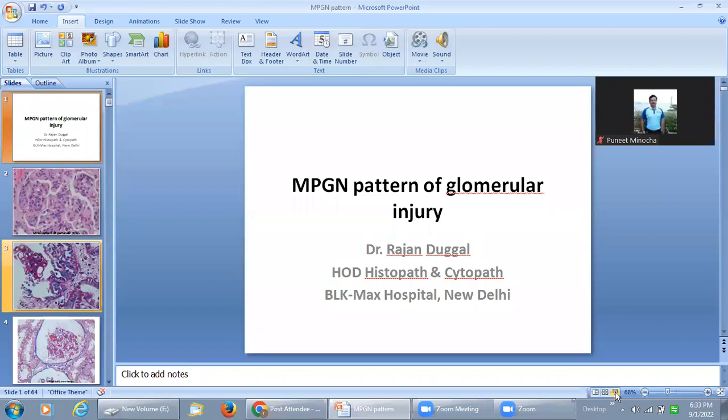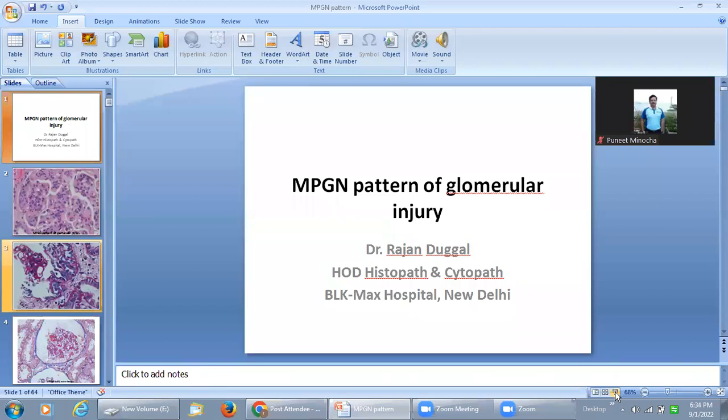So now Amphigen as such, we hardly label as the diagnostic line. We always say in some glomerular diseases, we label it as an Amphigen pattern. So membranoproliferative pattern of glomerular injury rather than an MPGN. Okay, so that is very important, that whenever a pathologist gives a diagnosis that it is a membranoproliferative pattern of